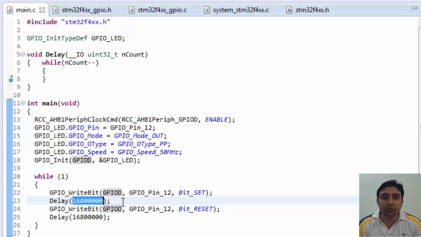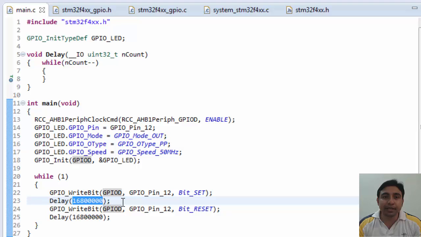So to get a delay of 1 second, we have to pass such a number in the delay function that exactly 168,000,000 instructions execute to bring that number to 0, and hence it will return from the delay function with exactly 1 second delay.